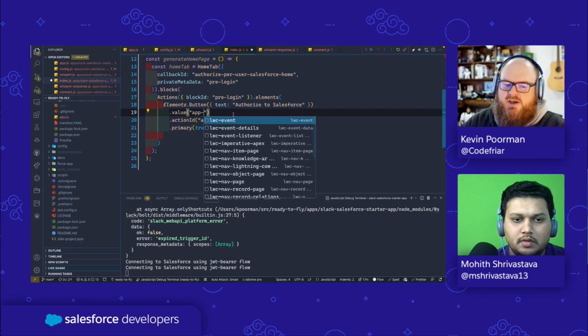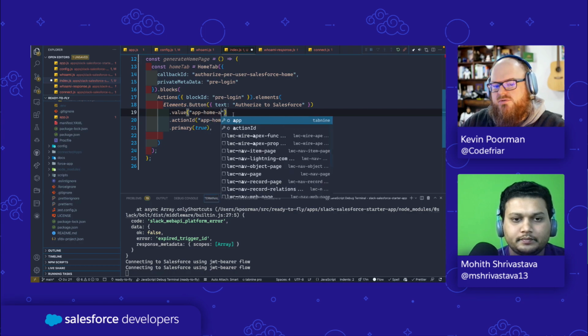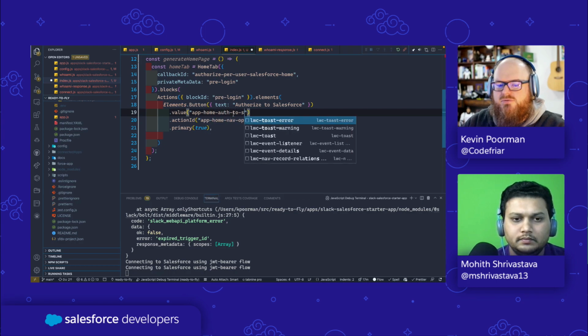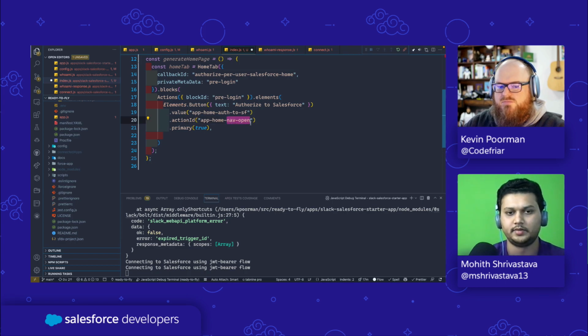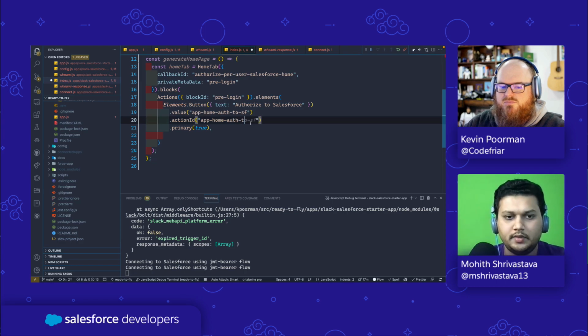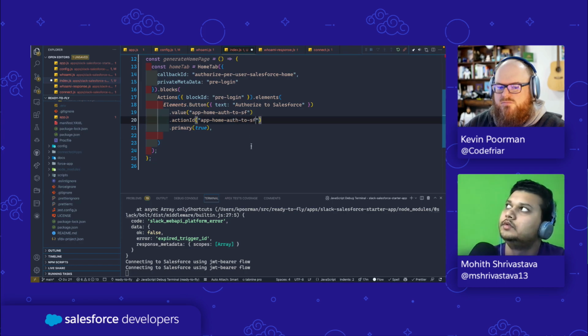So app home auth to Salesforce. Yeah. Action ID, I know what it is. I think that's the action that will be triggered, basically. So I think it creates a